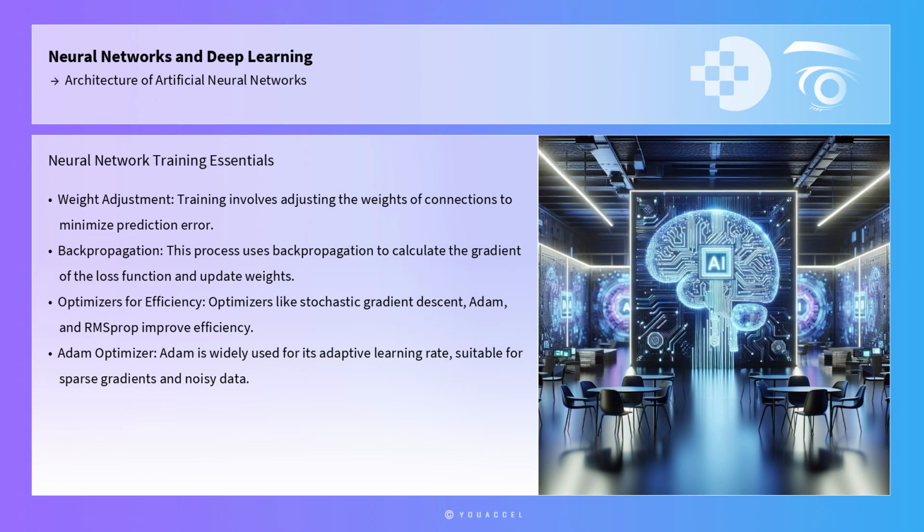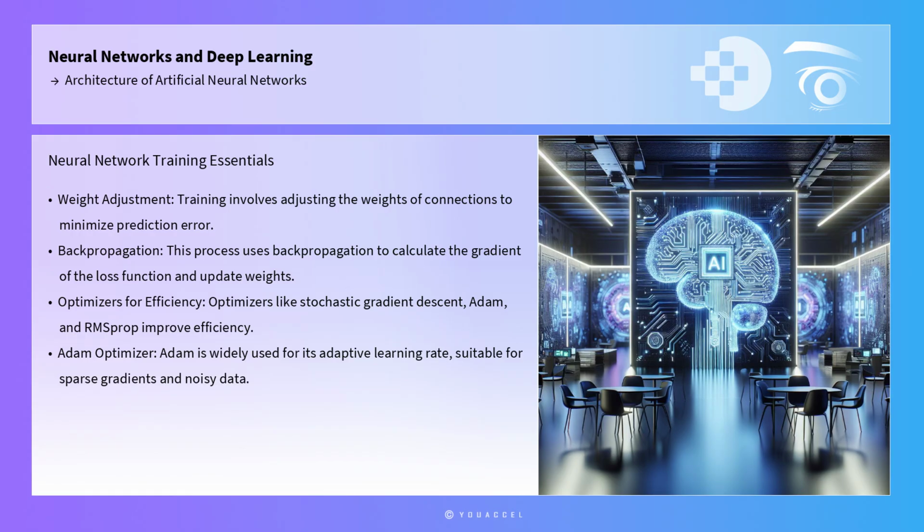Training a neural network involves adjusting the weights of the connections between neurons to minimize the error in predictions. This process is typically carried out using backpropagation, an algorithm that calculates the gradient of the loss function and updates the weights accordingly. Optimizers such as stochastic gradient descent, Adam, and RMSProp are employed to improve the efficiency of this process. Adam Optimizer, for example, is widely used for its adaptive learning rate, making it suitable for handling sparse gradients